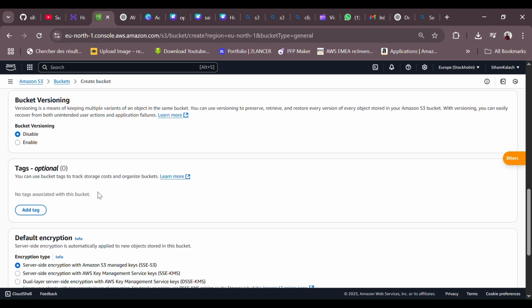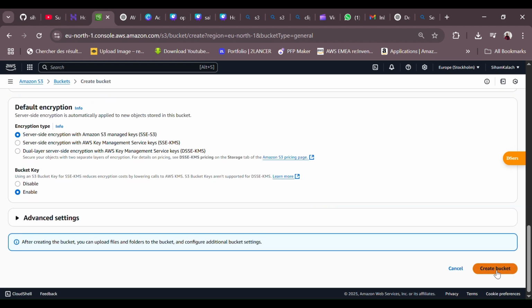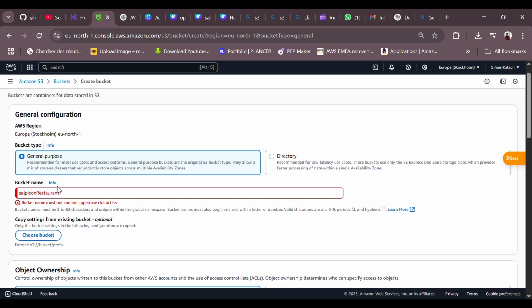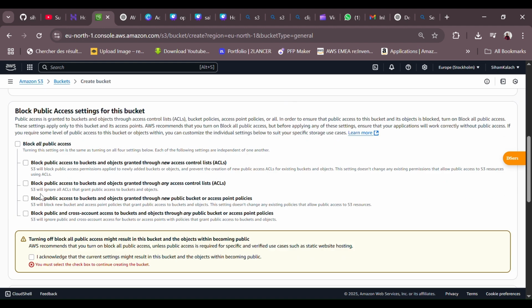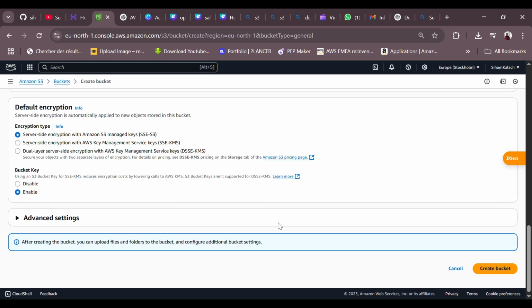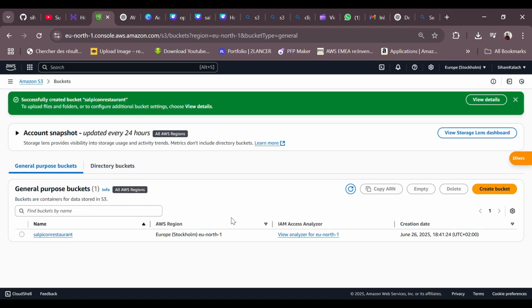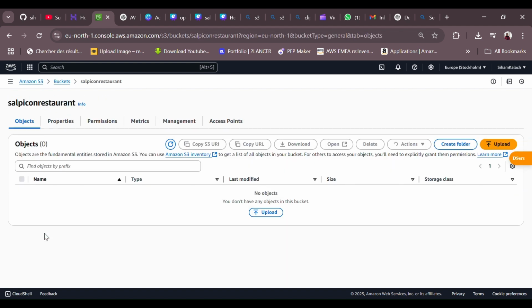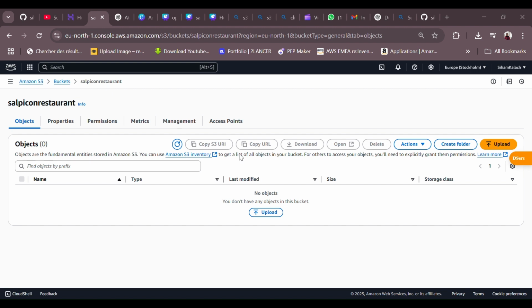For me here I got an error because my bucket name contained an uppercase letter, so I will fix that. For you, make sure to follow the valid naming rules. Bucket names must be lowercase only, no spaces, and can include numbers or hyphens. So after I fixed that issue, now the bucket is created successfully. We can move now to click on it, and inside